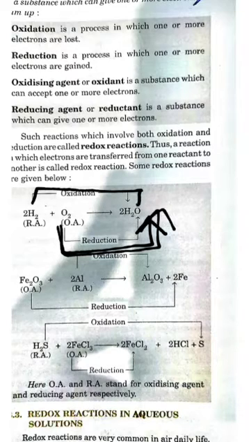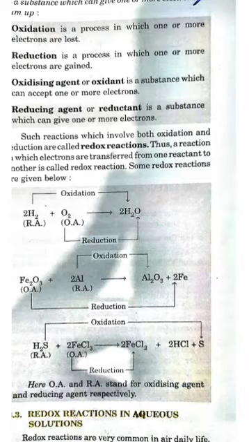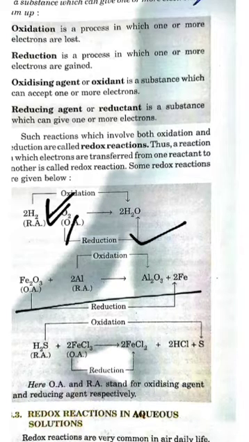Now it has an electronegative element, so it is undergoing oxidation, and the substance that undergoes oxidation is itself a reducing agent, and the substance undergoing reduction is an oxidizing agent. So it is basically reverse. The substance which is undergoing oxidation will be the reducing agent, and the one undergoing reduction will be the oxidizing agent. These are some more examples. Try to practice these because these questions are very important.